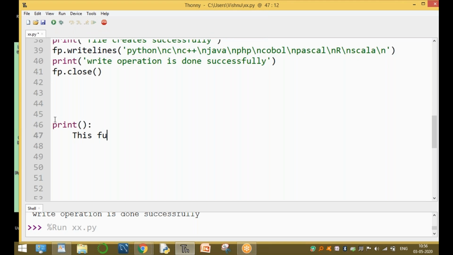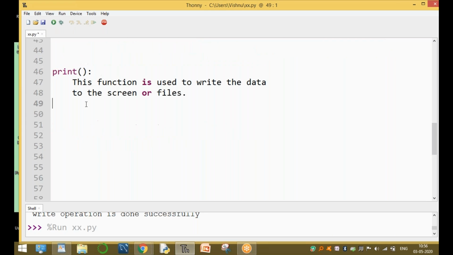This function is used to write data or information to the screen or files also. Example, to write the names of countries to a file.